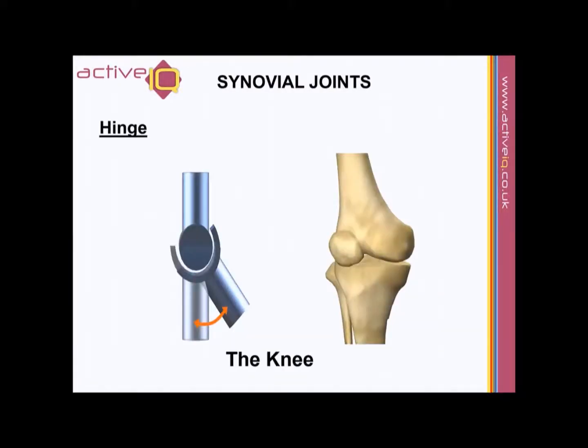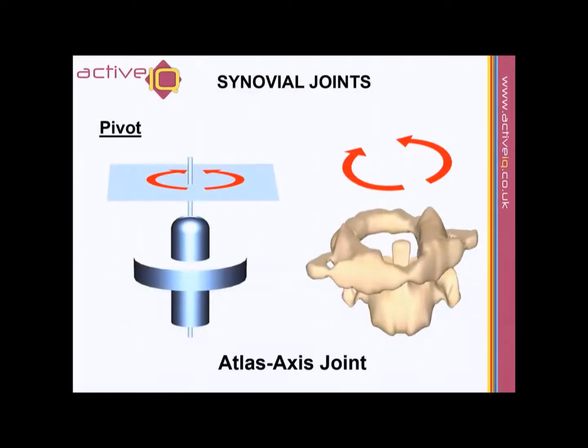A typical synovial joint is found in the hip, and this is a ball and socket joint. The next synovial joint we look at is a hinge, and the knee is a good example of a hinge joint. So it can only move in flexion and extension. A pivot is where something rotates around a point. So the atlas and axis joint at the top of the spine is